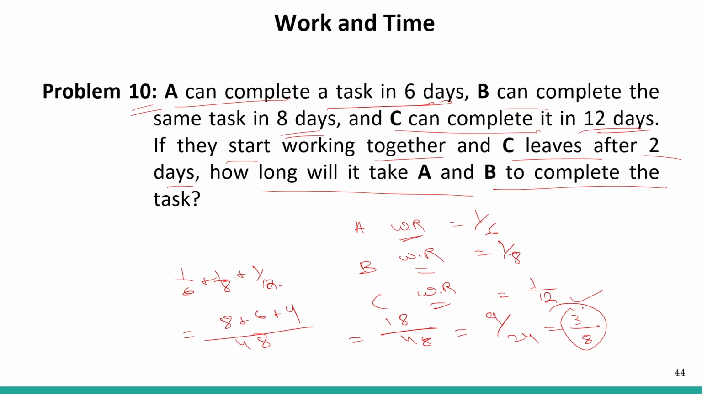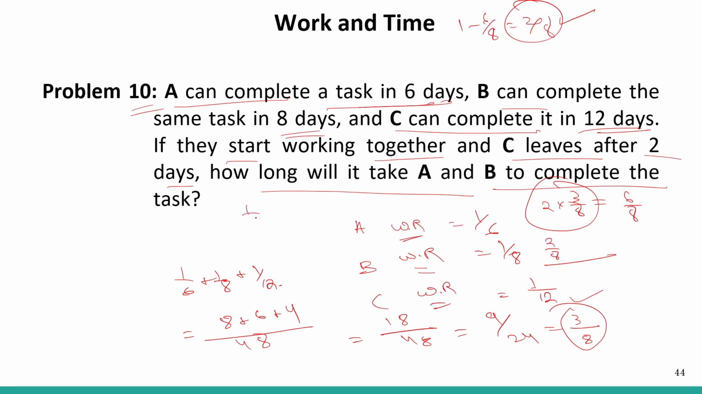So if they work at this rate for 2 days, so 2 into 3 by 8. So 2 into 3 by 8 becomes what? 6 by 8. Okay, so the remaining work is 2 by 8, since 1 minus 6 by 8 is equal to 2 by 8. So 2 by 8 is the amount of work remaining, and the new combined work of A and